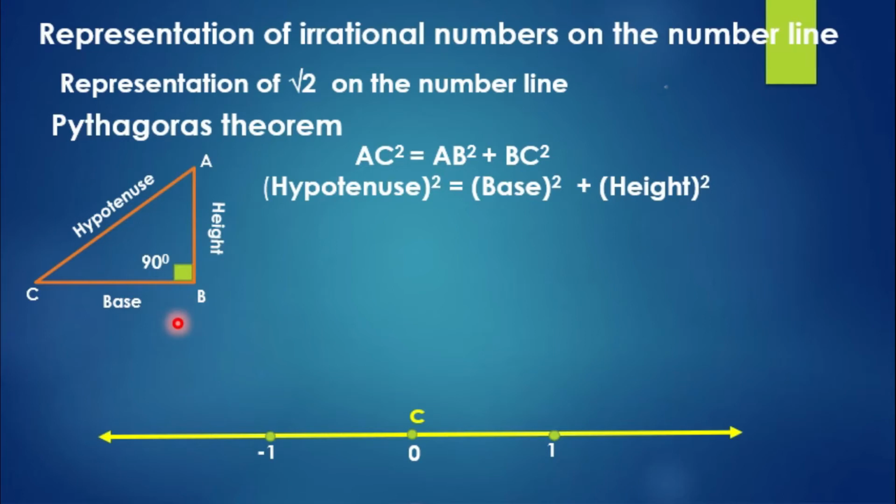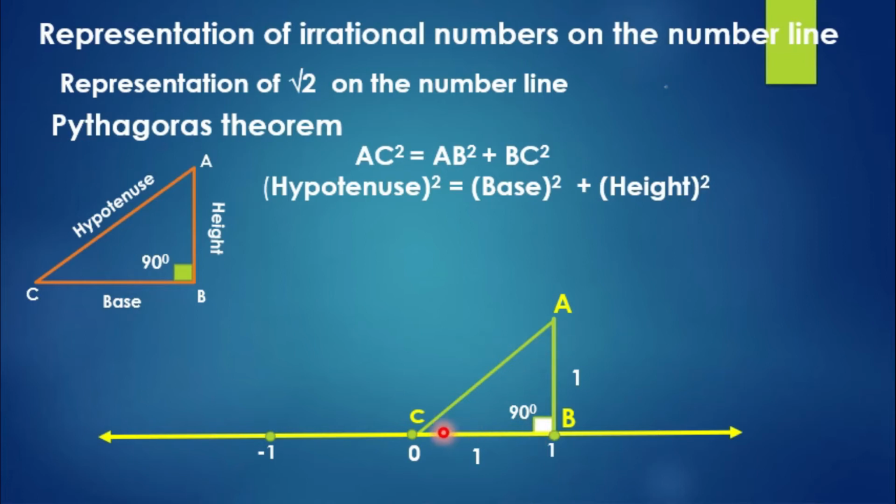Well, now see here in our number line. Let us take one unit along the positive axis, that is 0 to 1, C to B. At 1, let us draw one unit vertically up, that is B to A. Now let us join point A and C. A right angle triangle is constructed. Now we have a triangle ABC such that AB is the height which is perpendicular to BC. BC is the base of the triangle and AC is the hypotenuse of the right angle triangle ABC.